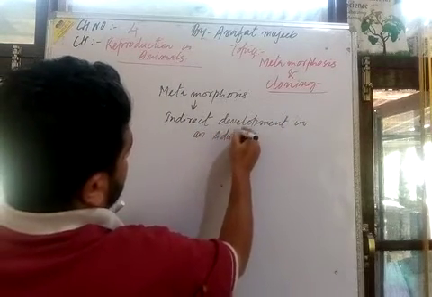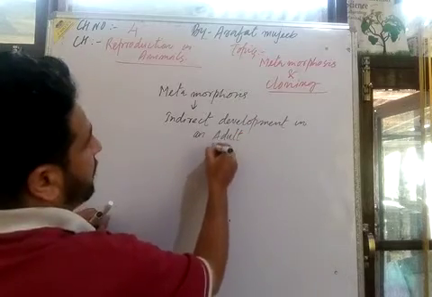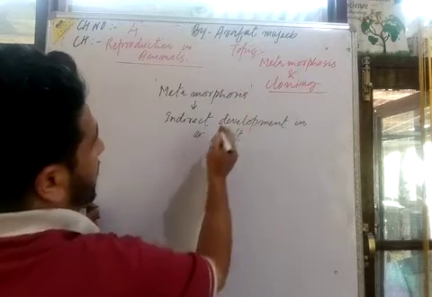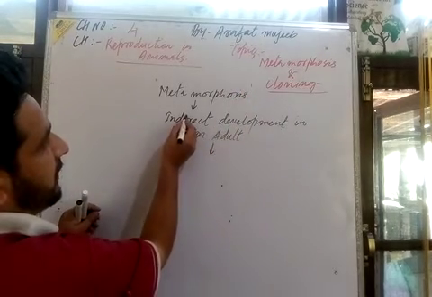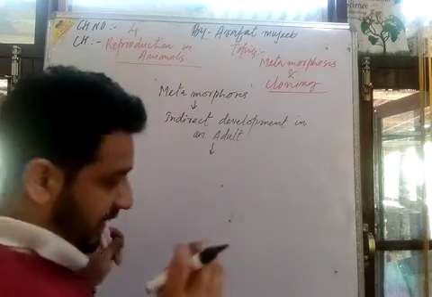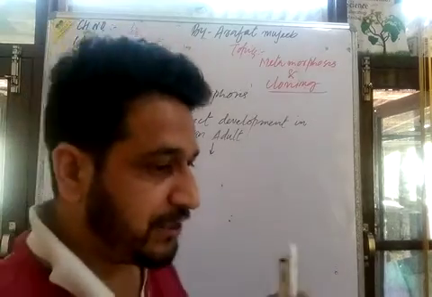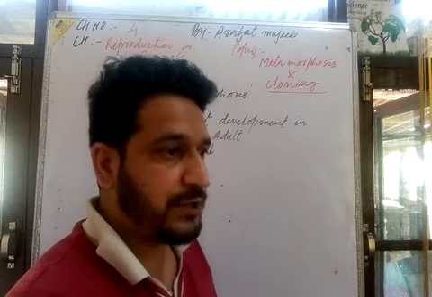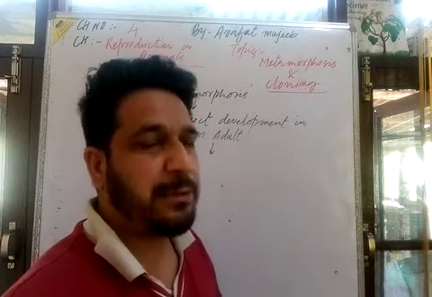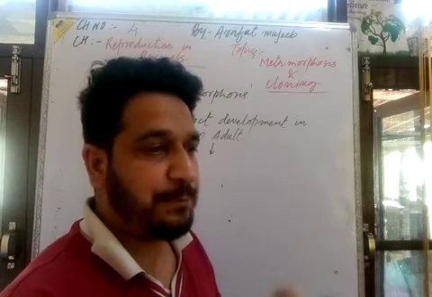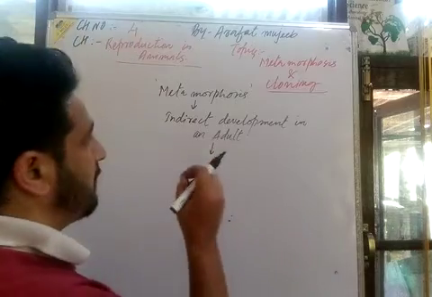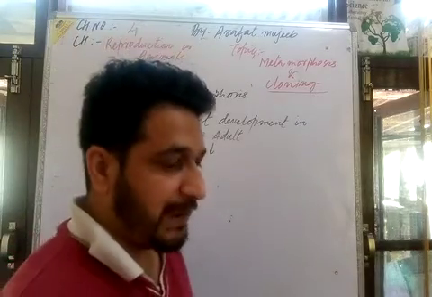We can study this metamorphosis as an indirect development, which occurs when an offspring, after hatching from the egg, develops into an adult. There are some intermediate stages in its life cycle which it completes, from when it takes birth from the egg,